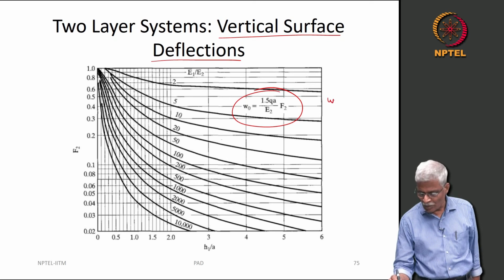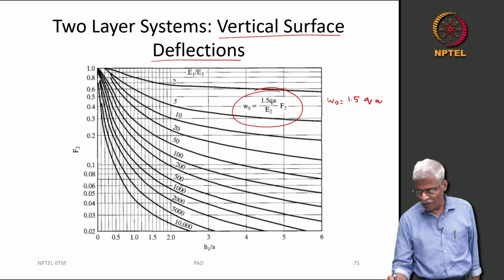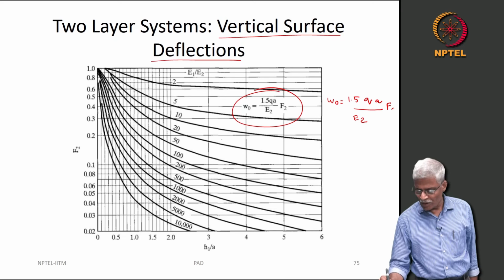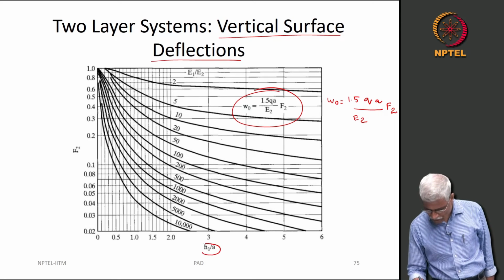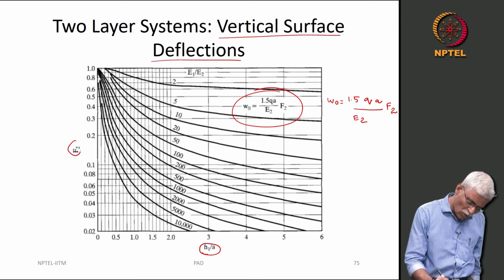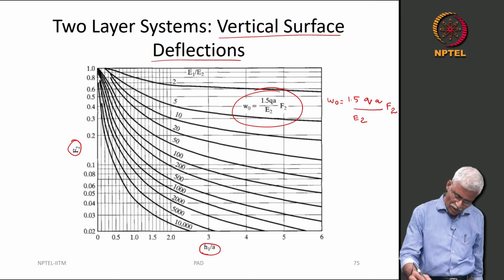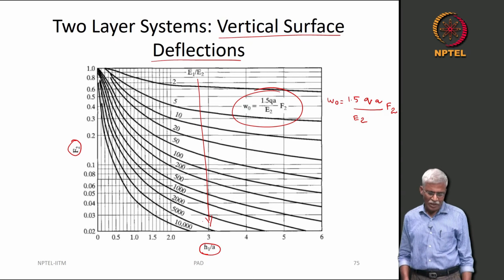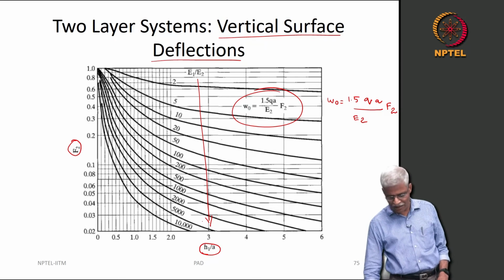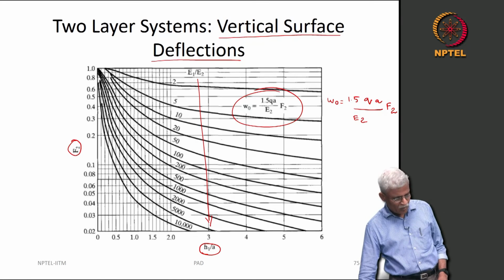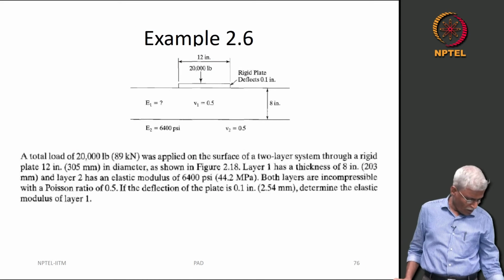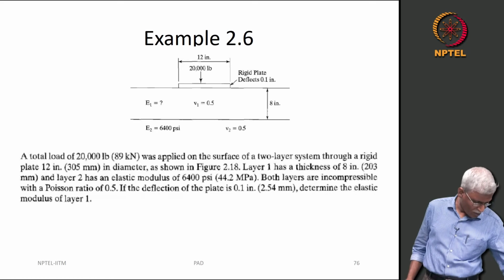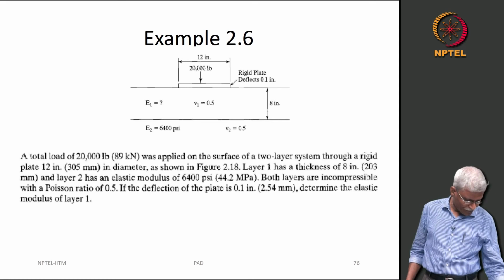So, this is W naught is 1.5 Q times A divided by E2 times F2. So, this is H1 by A, this is what you are going to need, and these are all for various E1, E2 values. So, let us try and see whether we can work out some simple problem. Okay. So, let us work out this particular problem, and